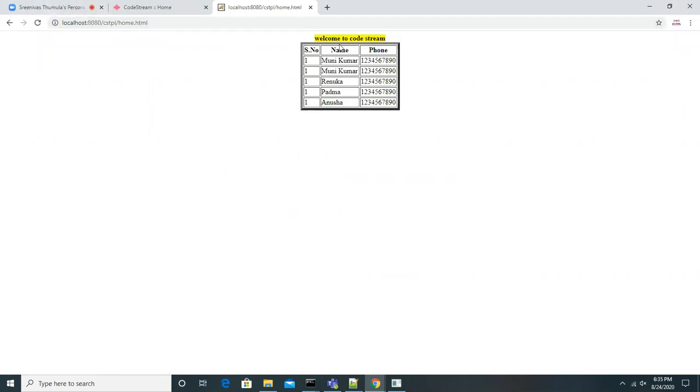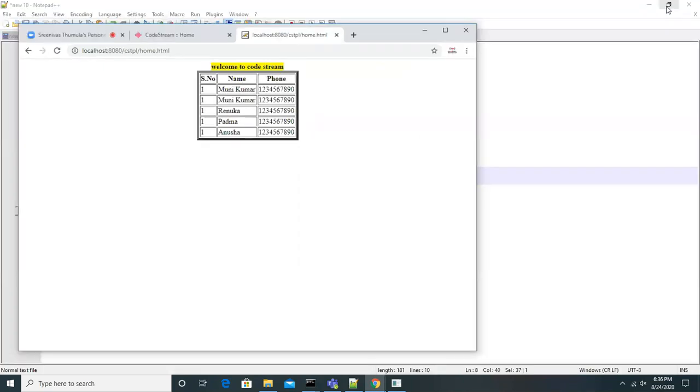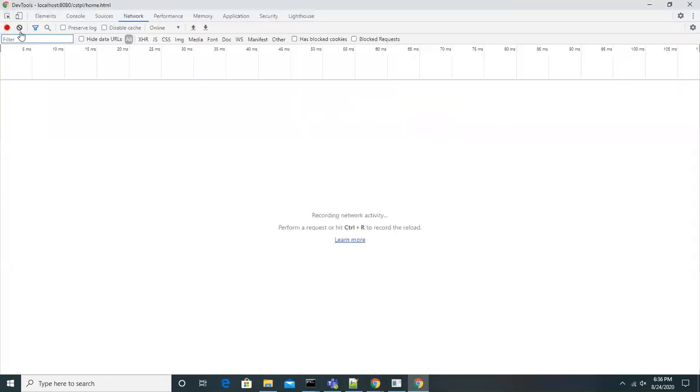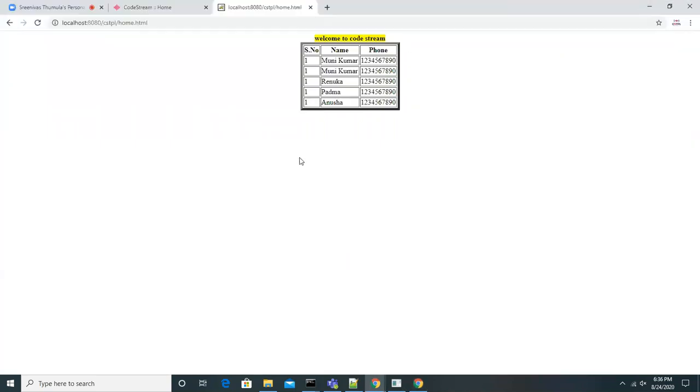We got the response. But where is this code deployed? Not in the browser. The code was deployed in where, guys? Server. This output came from the server.